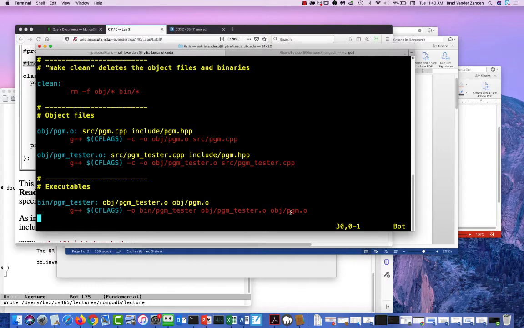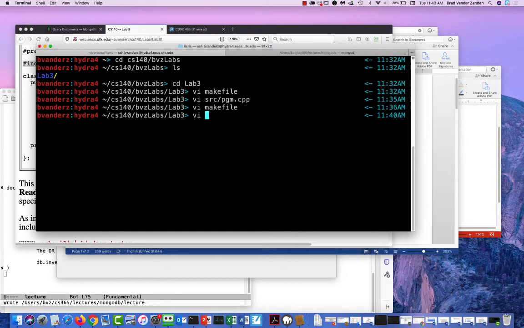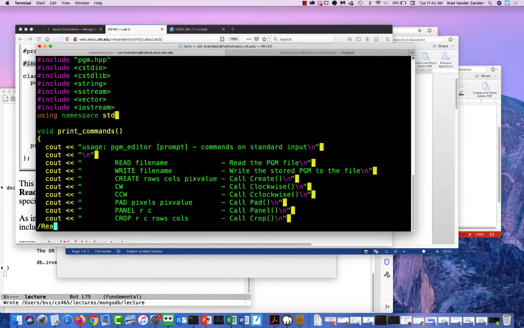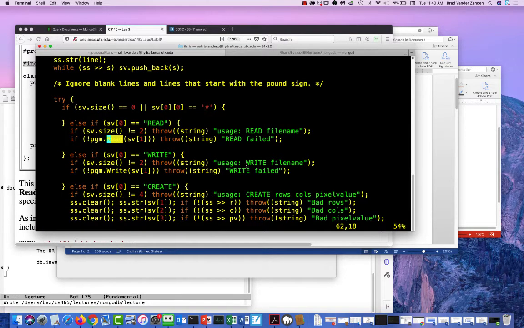Okay, so what is the linker doing? Let's have a look. If we look at Dr. Planck's code, we will see that he calls some of your functions. So here he has pgm.read. Well, this read function is not defined in this file. It's defined in the pgm.cpp file. So when the compiler compiles the pgmtester file and creates a .o file, what it does